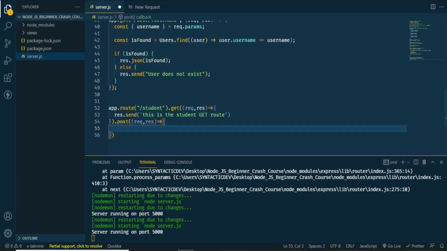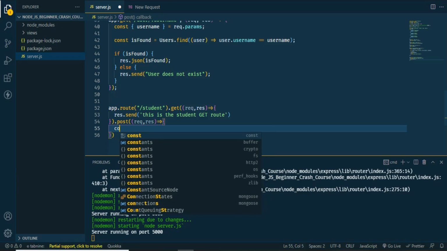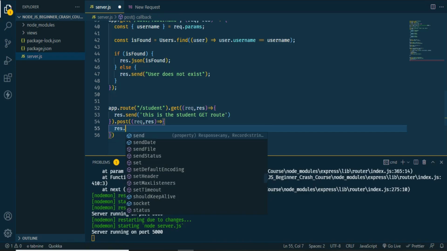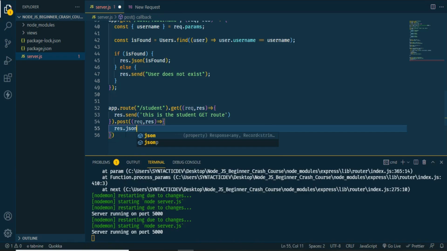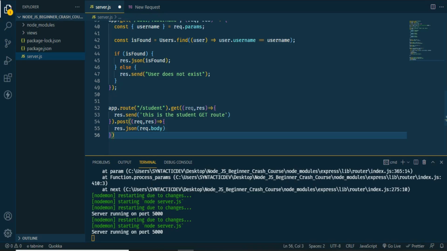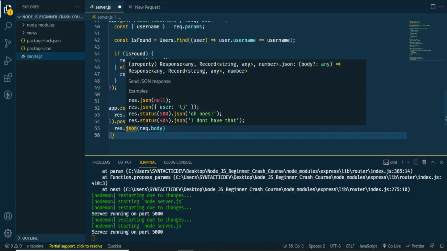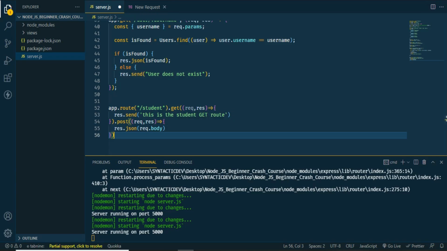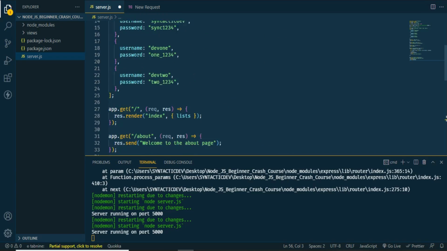So let's say now we are sending a post request to the student route, and we want to send the request.body as JSON. You'll still learn about JSON, res.send, res.json, the difference between them. I think that will happen in my next video. So before you can make use of the request.body, right here at the top,